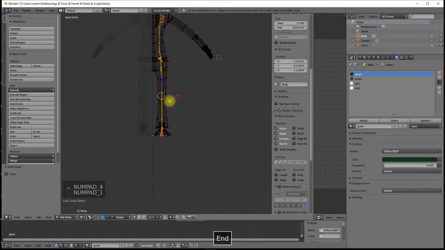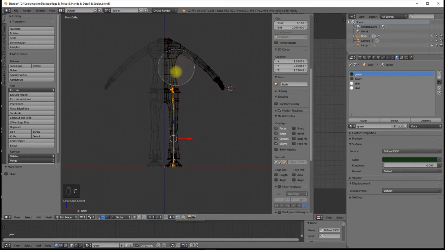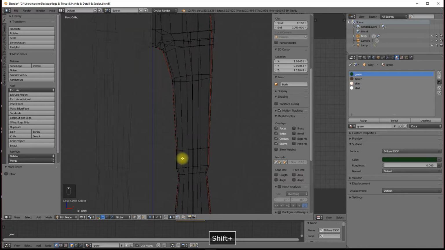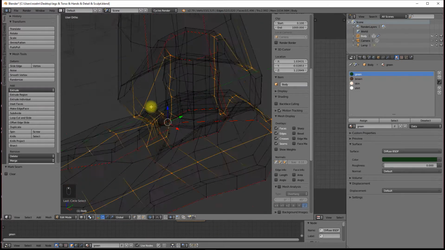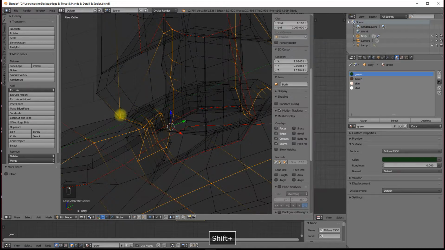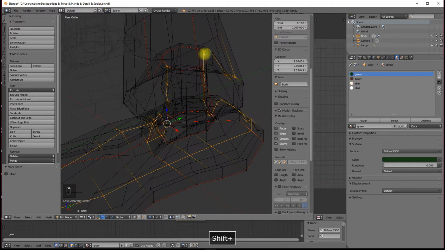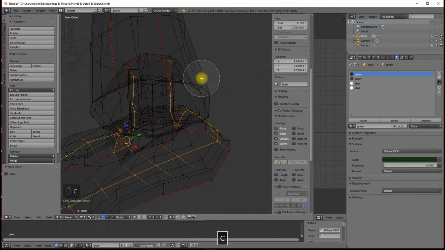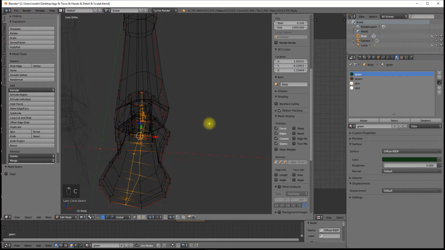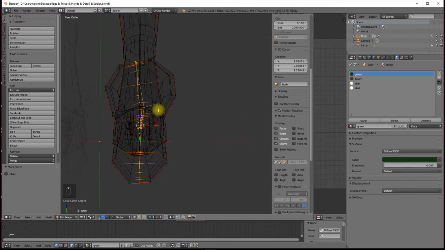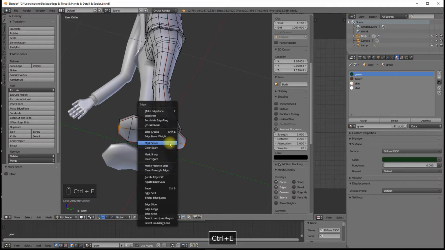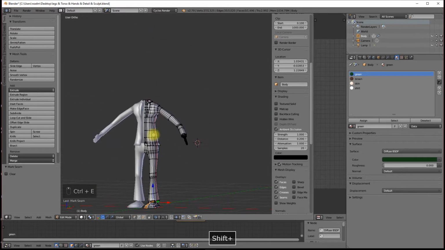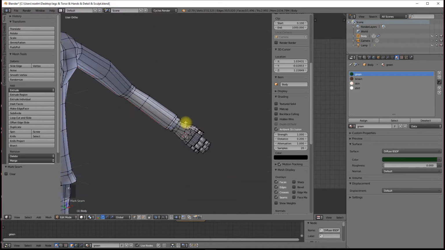But again, we don't want the rest of it. So C, and then hold down the middle mouse button and kind of invert the selection. And I don't need to do that with the trousers or at the back. And C, but we'll cut the shoe in half that way, apart from on the sole, so we leave that as one piece. So Control E, mark seam. So that'll be good, and we just need to have a look at this hand,